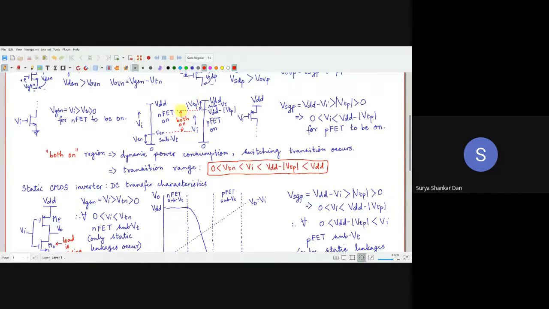So our conclusion was that when the input voltage Vi is between VTN and VDD minus VTP, both the transistors are switched on. Switched on means there will be current flowing through the transistors. Now we will investigate even further, because as long as Vi is less than VTN and Vi is greater than VDD minus VTP, the only current flowing through the circuit is the leakage current. That will constitute our leakage power or the static power dissipation, which we will see as we go along in this course.